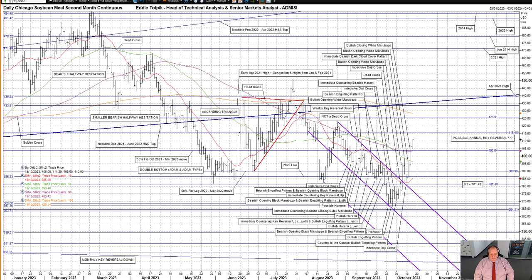Chicago soybean meal. The key recent pattern here, much as in the case of soybeans, had been the mid-June to early August ascending triangle, which is highlighted in bright red on my daily chart. The market eventually broke down and out of this pattern, reaching a primary target in the 408.60 zone, and still leaving a harder to reach secondary target X1 down at